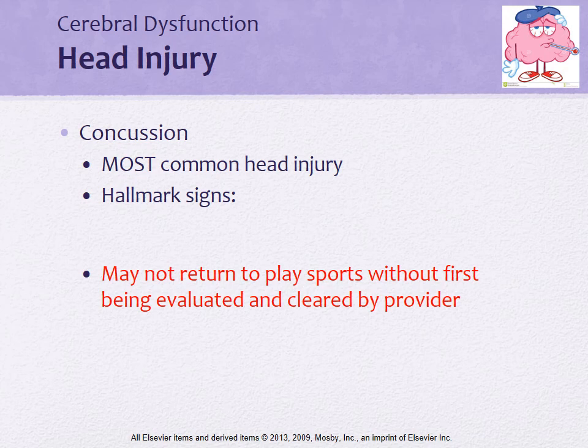It may resolve in 7 to 10 days. Usually it takes about that time for a significant concussion to resolve. But something more severe may take months, and there are certain protocols you need to follow for healing. They can also develop post-concussion syndrome for the more severe concussions, with nausea and vomiting, headache, dizziness, and diplopia, so they're seeing double. And if it's bad enough and they're not taking the precautions they need to, then death can occur.